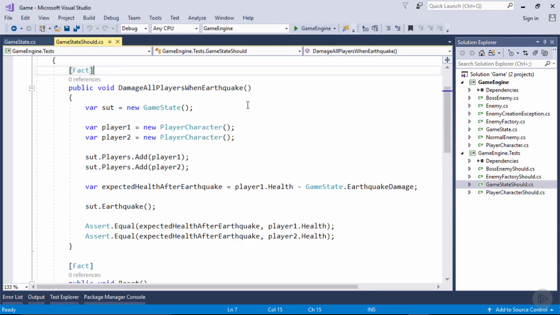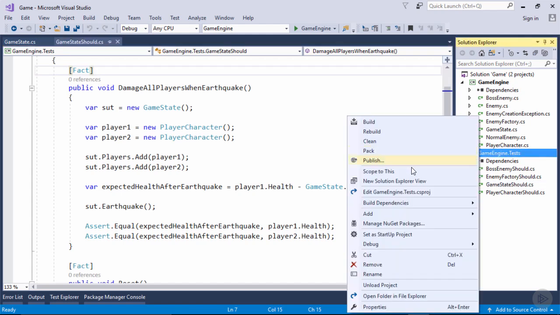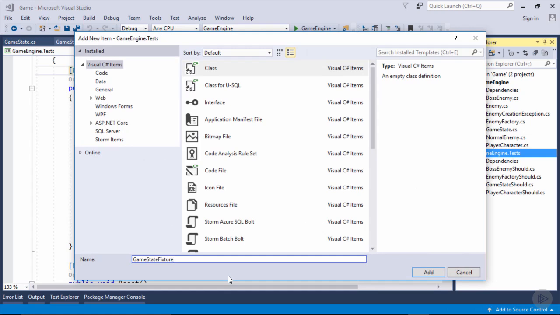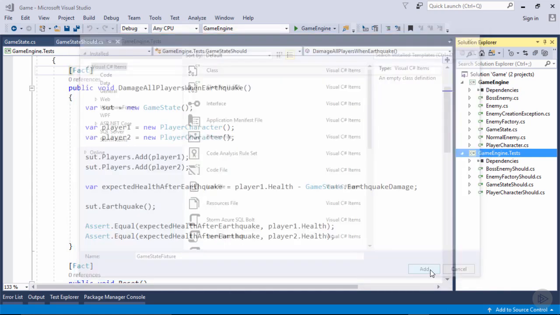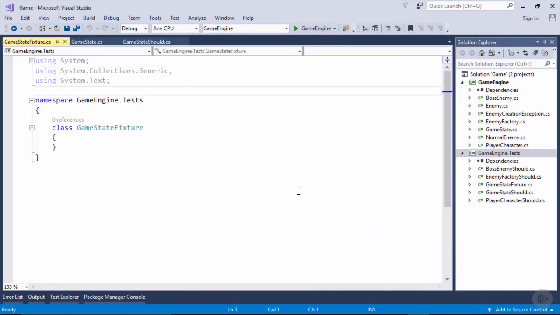So let's see how we can create this game state instance only once and share that instance among all of the tests in this test class. The first thing we're going to do is add a new class to our test project, and we'll call this class GameStateFixture. Let's just go and add that. We'll make this class public